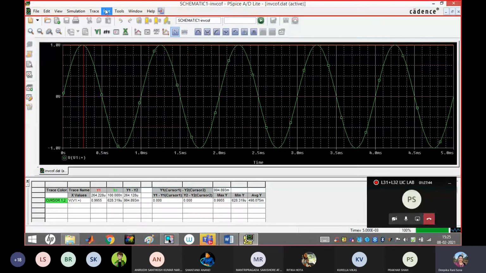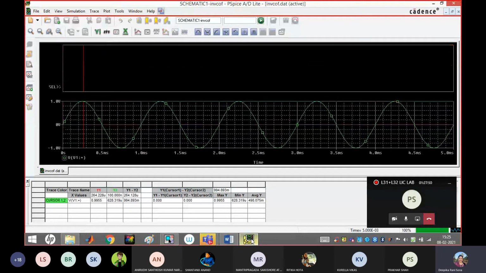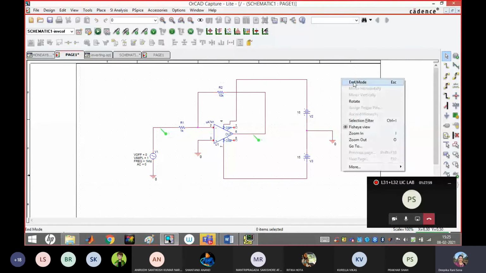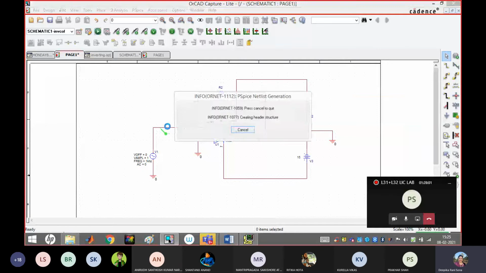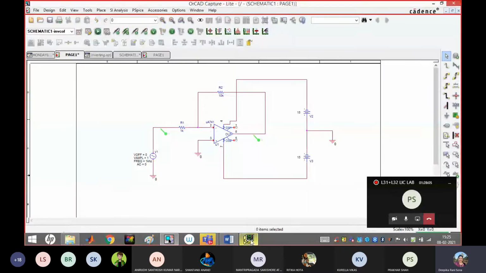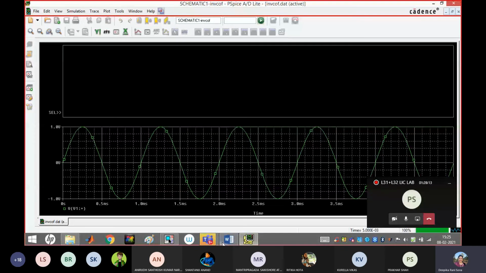As per the probe color, then plot, add plot to window. Now I'll go to my screen and connect the voltage probe to the output. See, it is coming. No need to run. If you connect after the plot window option, it will come directly.